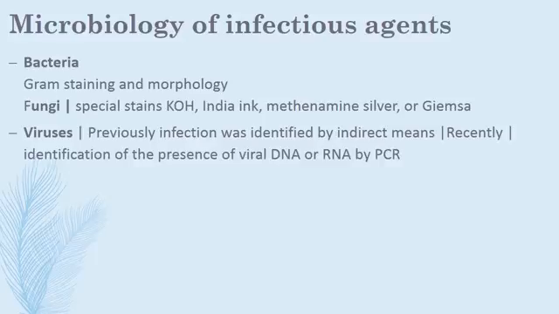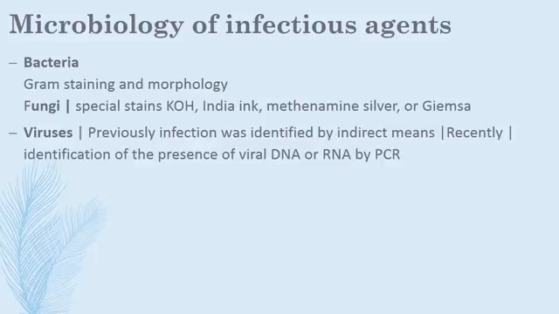The fungi, on the other hand, are identified by special stains such as potassium hydroxide, India ink, silver, or Giemsa. Usually the fungi are rarely seen, but they can cause infections as part of a polymicrobial infection. So they can be superinfections. At the same time, they are very rarely seen in skin and soft tissue infections such as mucor,